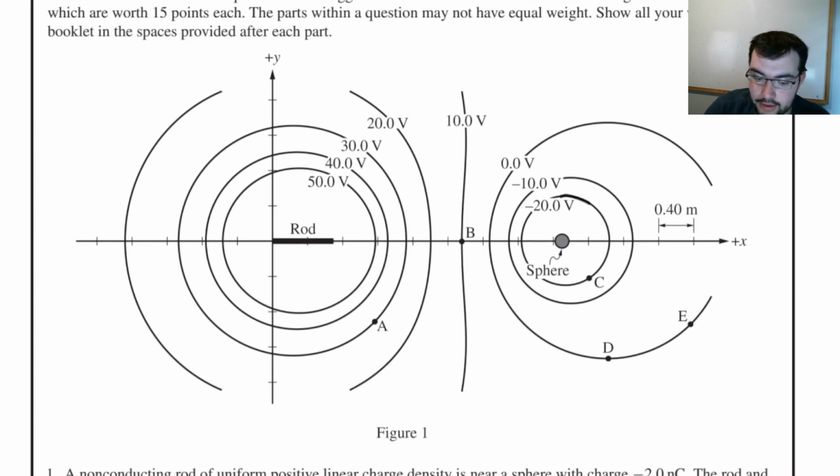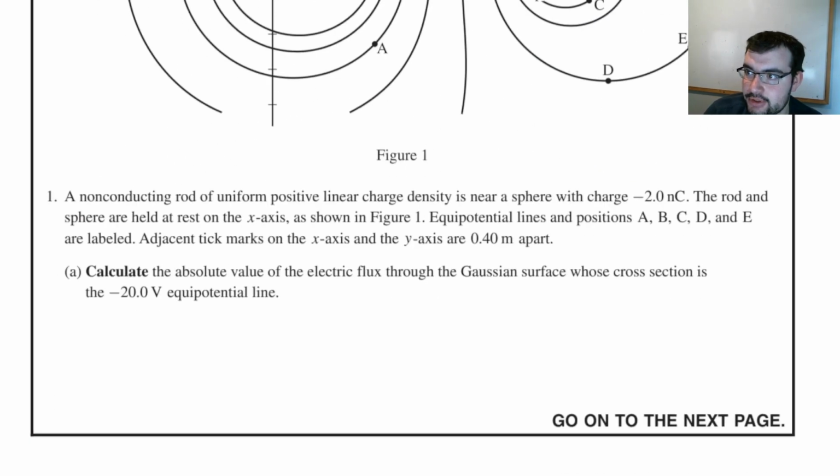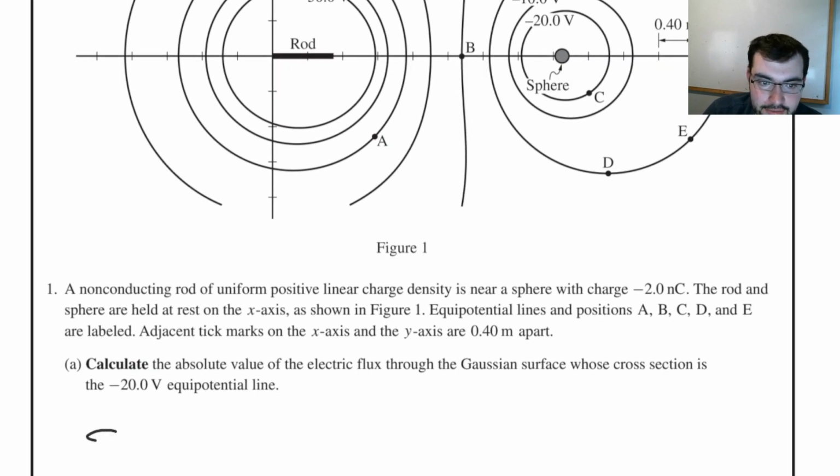So here's our equipotential, negative 20 volts. And if we look at that, we can pretty easily tell that there's some sort of Gauss's law thing going on because we have a surface and we have a charge inside of it. So that's our clue that Gauss's law is involved. We have two ways of really calculating the electric flux. The definition of electric flux is the textbook definition of what flux is. It's just the dot product of the field and the area vector